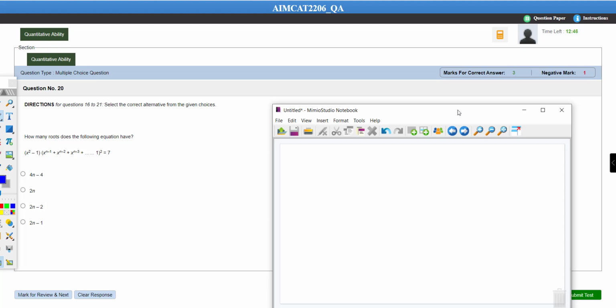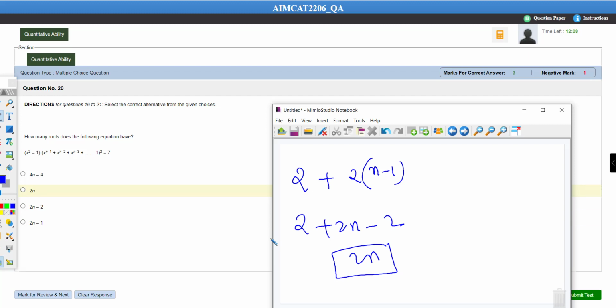Okay, there is a multiplication of two brackets. The degree of the second bracket is how much? N minus 1 into 2, because it is a bracket square. So the degree of the second bracket is n minus 1 into 2, and the degree of the first is 2. They will get multiplied, so the final degree is going to be the sum of the powers of the highest degree in each bracket. In the first bracket the highest degree is 2, in the second bracket it is 2 times n minus 1, because they are getting multiplied, so the powers will get added. So 2 plus 2n minus 2, the answer is 2n is the degree of this equation, means this equation is going to have 2n roots.